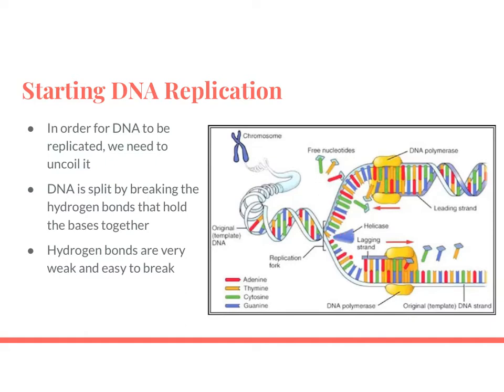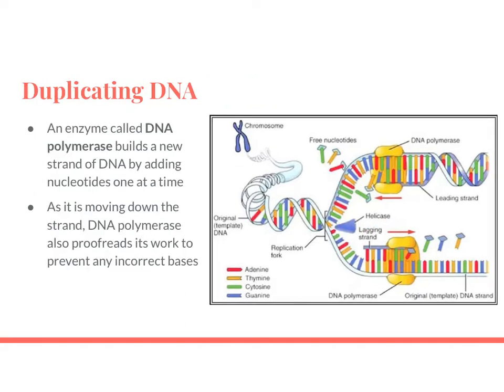So we're just breaking those little bonds apart. We know that these hydrogen bonds are really weak, so they're easy to break. So that's why that type of bond is really advantageous in the center. Now, once we have our DNA and it's being broken up by this little helicase, we have an enzyme that